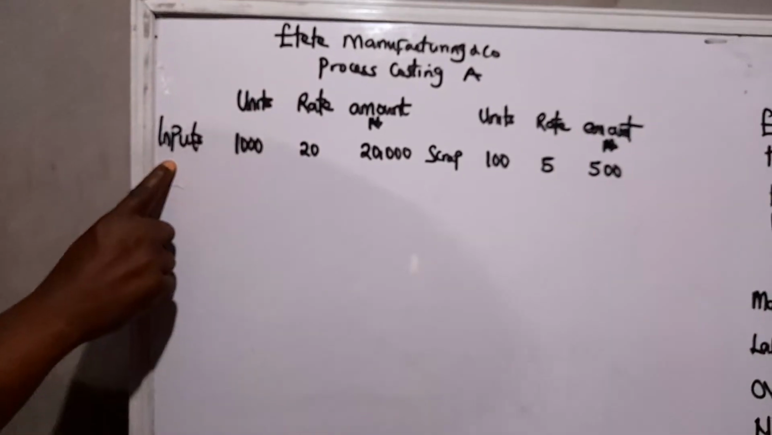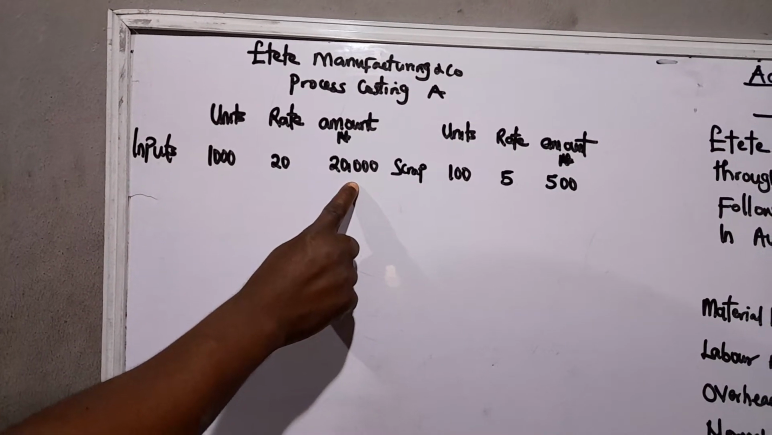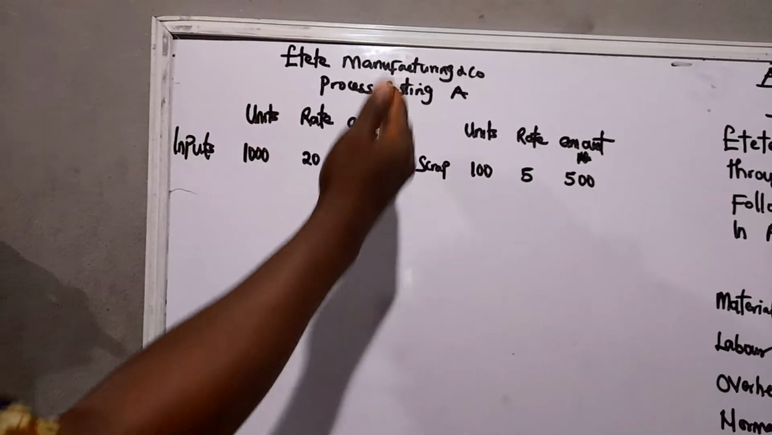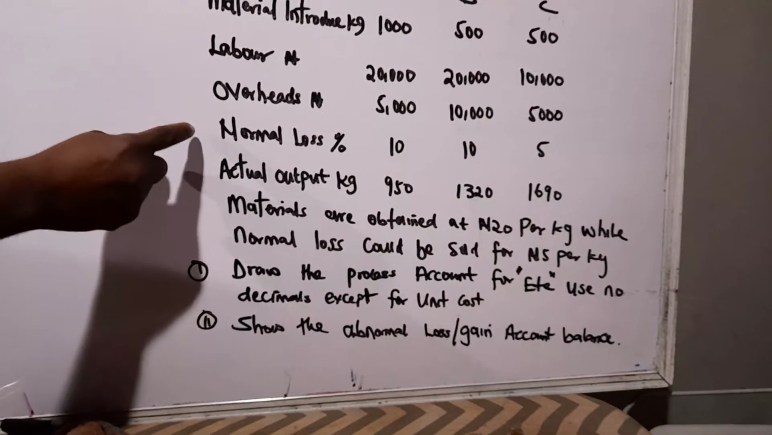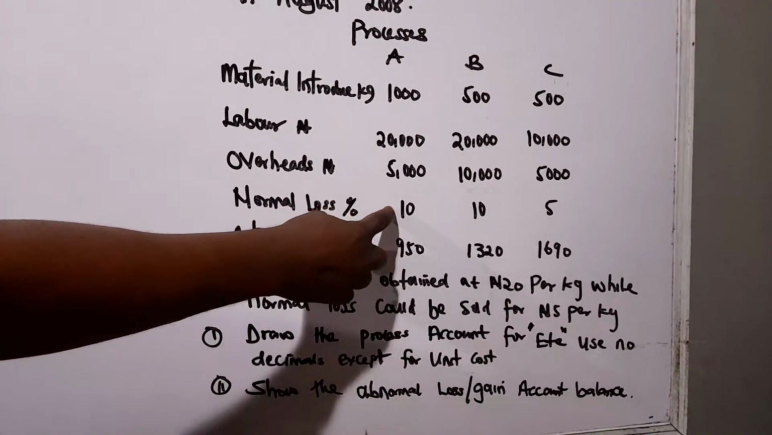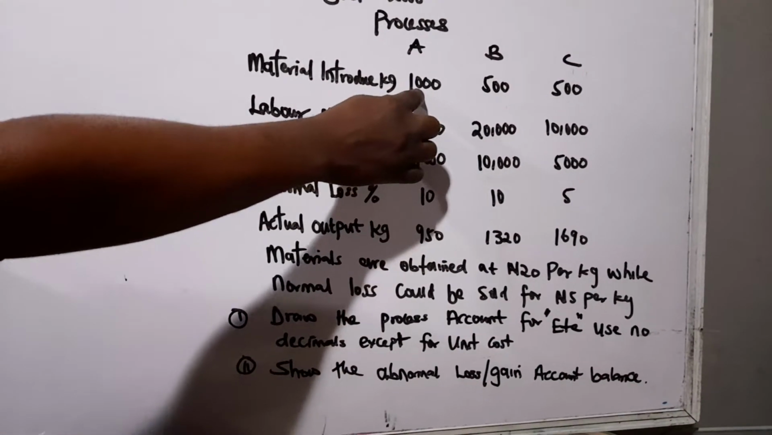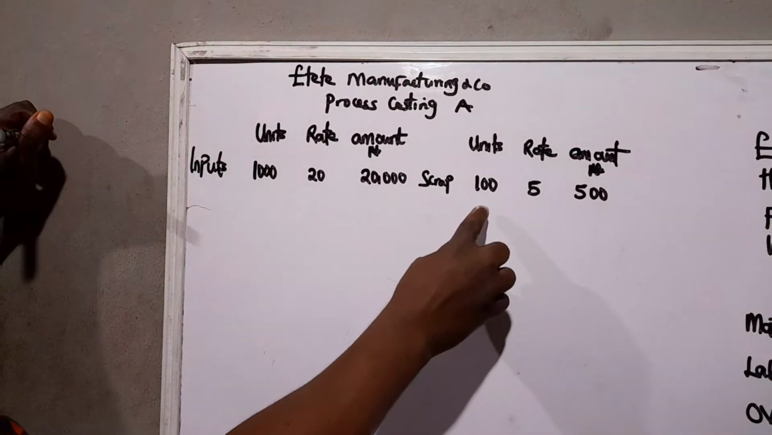I will come to my process costing account. This is the input: 1000 at 20 naira. That will give me 20,000 naira. Remember I said deal with the input, leave the amount column first. Now I will read further in the additional information. What other things do I need? A normal loss of 10%. The normal loss of 10% will be on the input. So 10% of 1000 units will give me